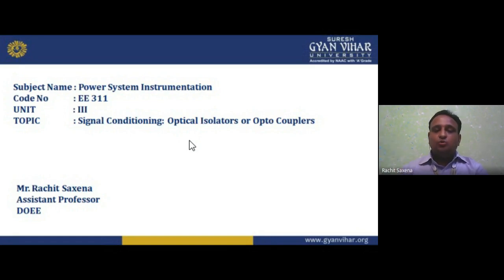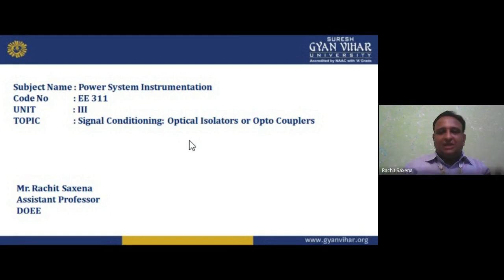Now unit number 2 totally deals with the transducer. If I am talking about the transducer, my dear students, it means I am talking about a converting device. Converting device means converting one form to another form. We have physical quantities like mechanical, temperature, acoustic, chemical, displacement, pressure. We can convert all of these into electrical, because we study this subject in the electrical engineering branch, and you are going to be electrical engineers.